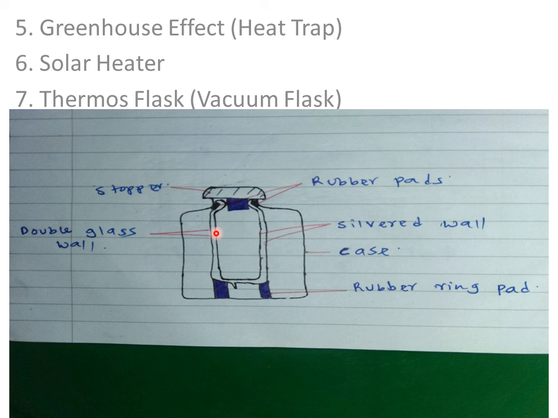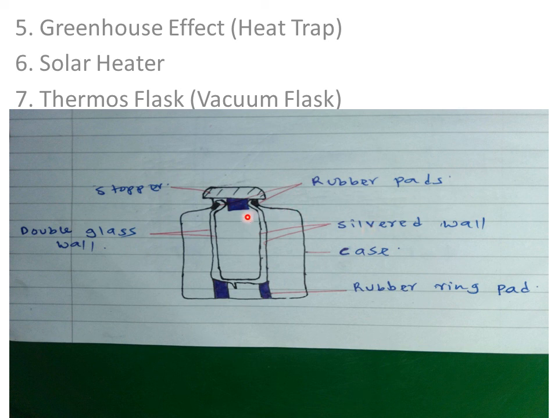Then heat transfer by radiation, which might be relatively large, is reduced by a layer of silver coating on the inside of the surface, so that each wall is a poor emitter and poor absorber of what? Heat. So we have what we are calling here the silvered wall casing. So silver is a very shiny material. So remember, we said that shiny materials are good reflectors of heat and poor absorbers of what?